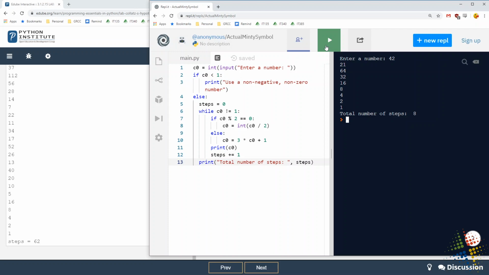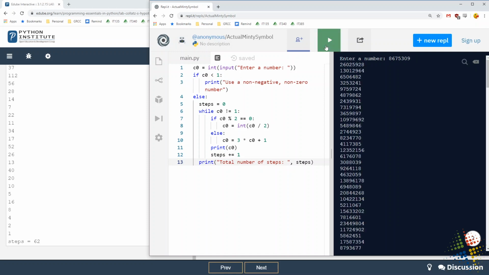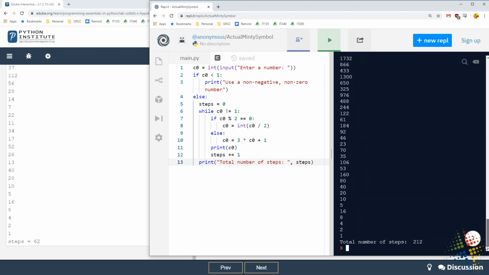All right, now let's try just some random numbers. We'll try my second favorite random number out there, 8675309. That's right, we are trying Jenny. Does Jenny return something? Jenny returned in 212 steps. So we did not disprove his theorem, but we did create a script to be able to help us prove or disprove it.